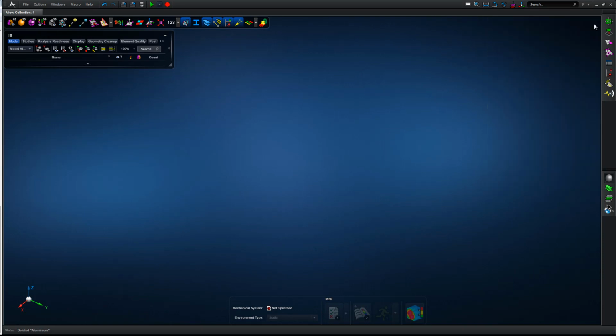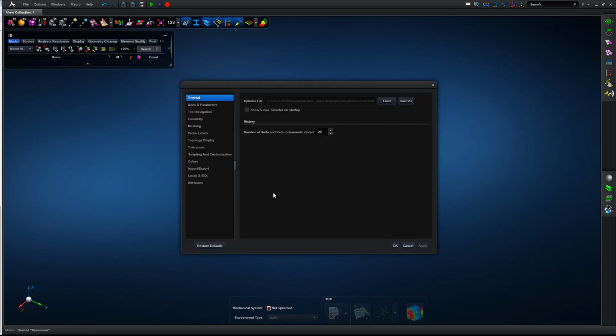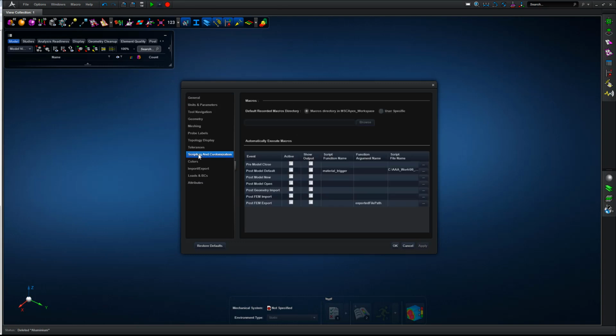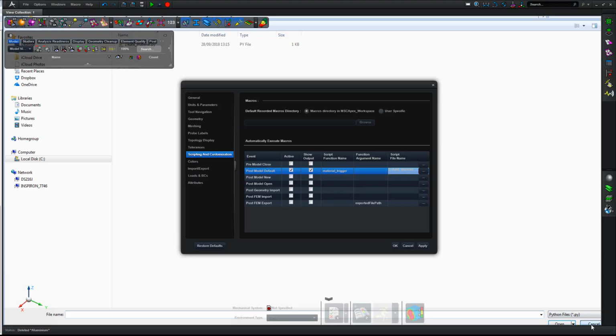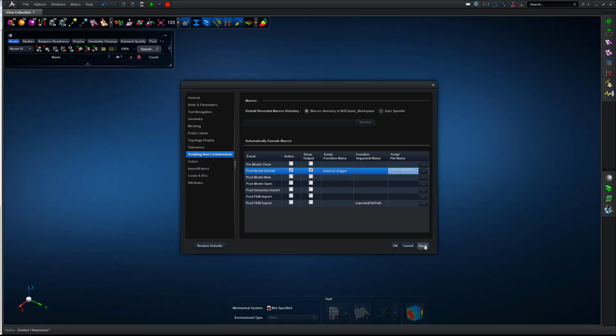So what we're going to do now is invoke a couple of options within the application settings of Apex. So we go into application settings, scripting and customization, and we can specify a couple of checkboxes for post model default. So these are things that we want to happen after or post opening a model. So we specify a script function name and a file location. Pick the Python script, press apply,